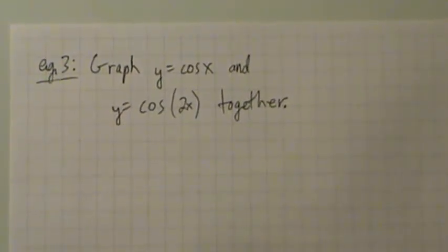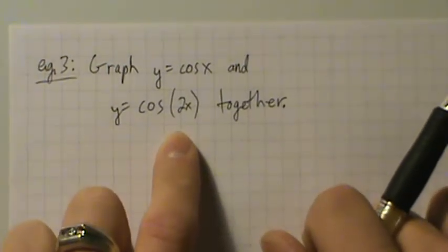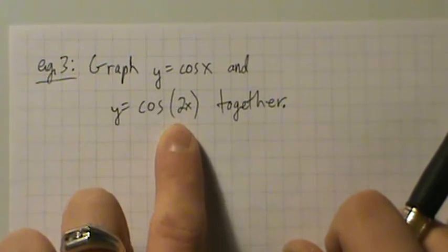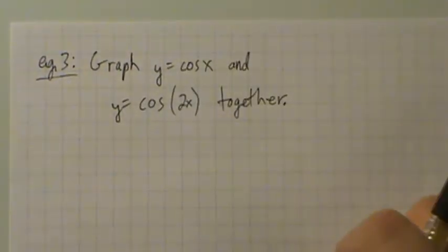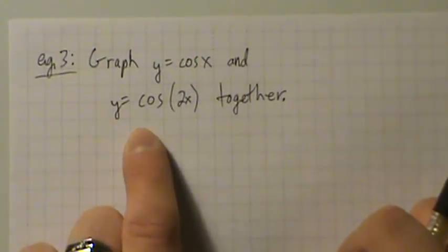Here's example 3 with graphing simple types of cosine or sine functions. Here what we want to do is graph y equals cosine x and y equals cosine 2x together on the same set of axes so that we can see how they relate to each other. Okay, so again, this is just cosine 2x, so it's not really anything overly complicated,